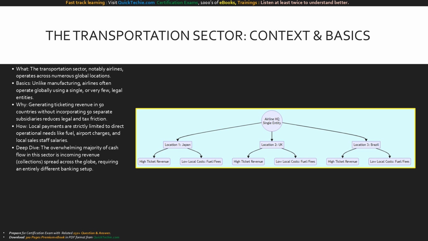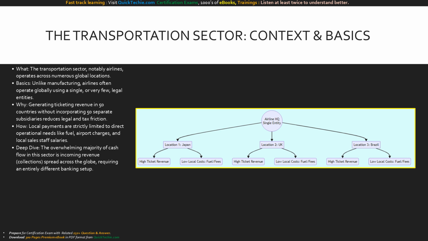What defines an airline's financial footprint? They operate and generate revenue in dozens, sometimes hundreds, of global locations. But here are the basics. Unlike a manufacturing firm that sets up separate subsidiaries everywhere it builds a factory, an airline typically operates globally using a single, or very few, legal entities. Why do they do this? Because generating ticketing revenue in 50 countries without having to legally incorporate 50 separate subsidiaries drastically reduces legal, tax, and